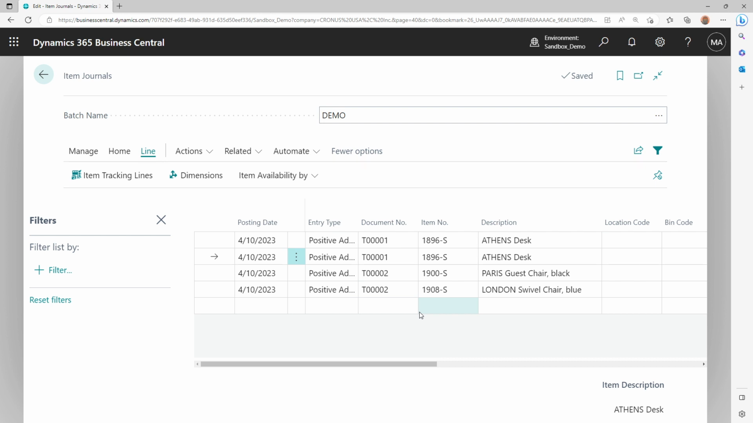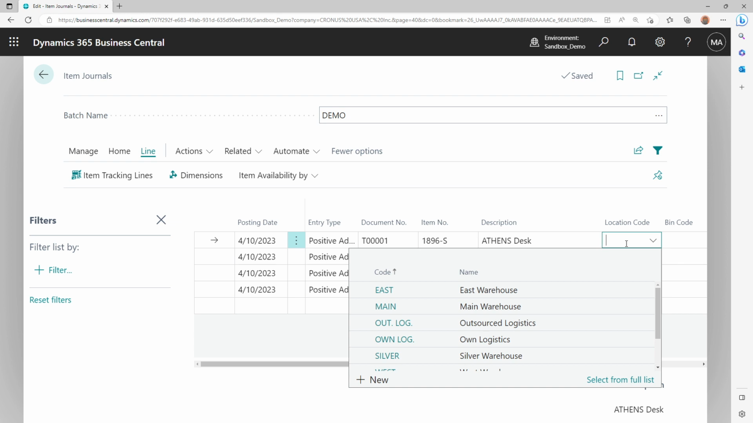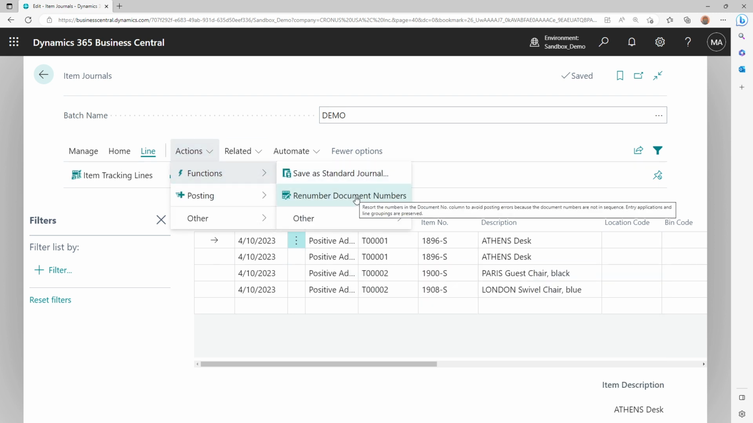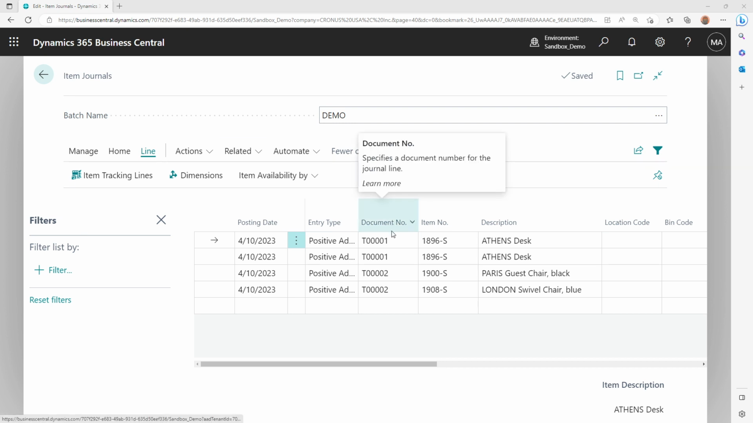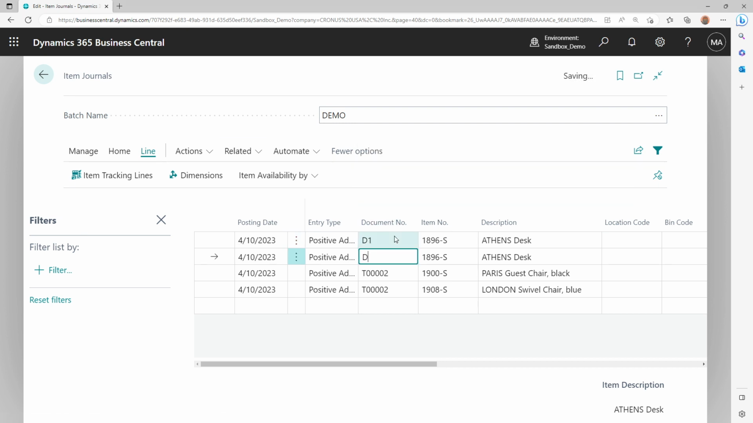So anything that you filter on, it will assign the first number to that and then the following number to the rest of the entries. So if you are grouping by location, based on a location you want to have different document numbers, you can just apply the filter for location and then from the action menu, you can do Renumber Document Numbers. If you're doing it from any other field, you can do that. The only thing that you cannot filter on, which I also just learned, is the document number. If you try doing that, it'll show you an error, as you might have noticed, if I try doing this,